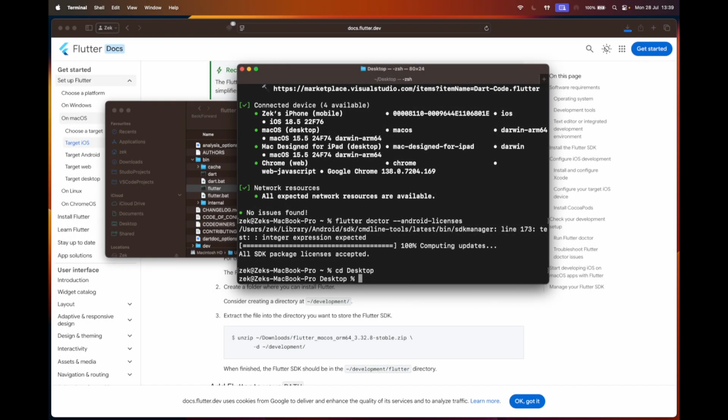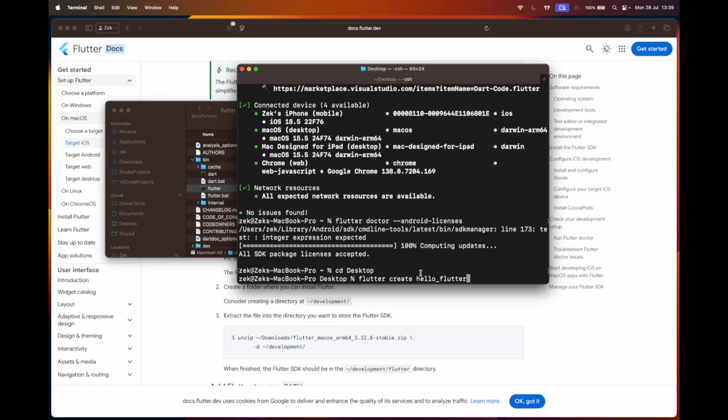Let me go to desktop. You need to write flutter create. Let's create a project saying hello_flutter. Make sure all the letters are in lowercase, and in case they are separate words, they are separated by an underscore. By default, Flutter will create this application for all platforms that it supports, that is Android, iOS, web,